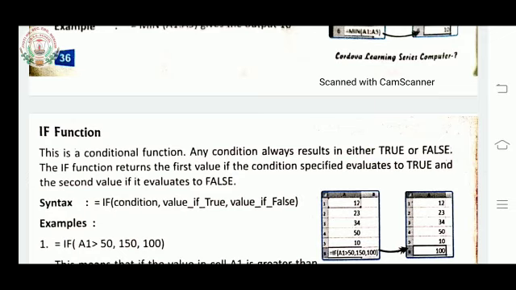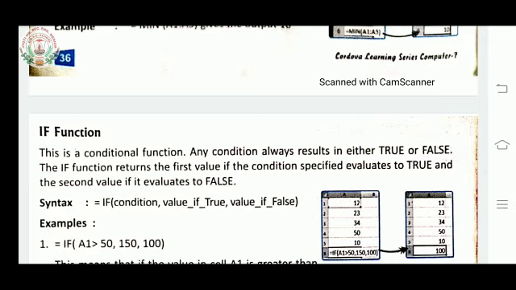So you give the condition: less than 33, fail will be printed, and greater than or equal to 33, pass will be printed. That kind of condition is known as an if function condition.